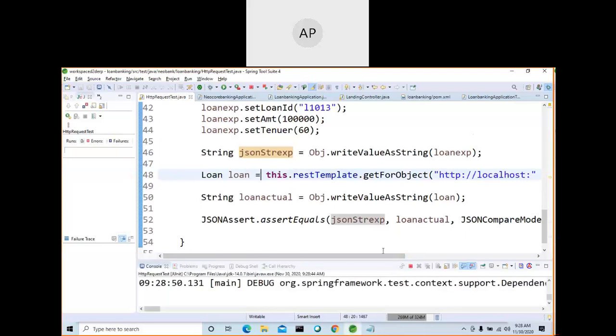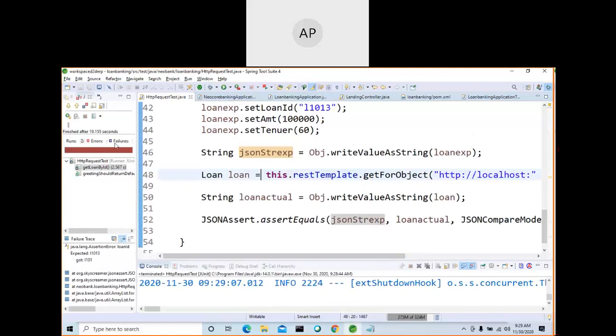So now what should our Spring test inform me? The value that is coming from the REST API and the value you are expecting is not right, so it will give us a failure. See, our Spring test will give us a failure. This is JUnit, you will understand.